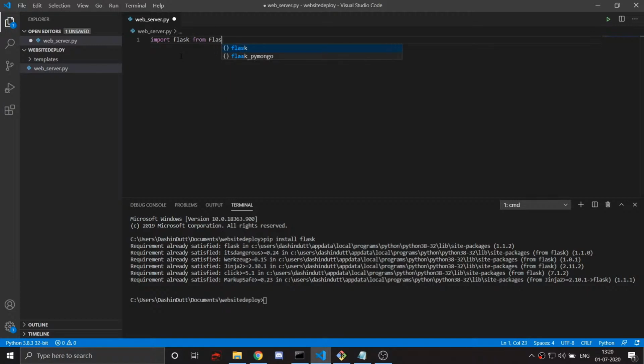So we need Flask out of that and render template. So these are two modules that we require out of Flask. I forgot to add the from over there. So this is what we will be needing in order to deploy a simple HTML page onto a Flask server. So after we've done that,